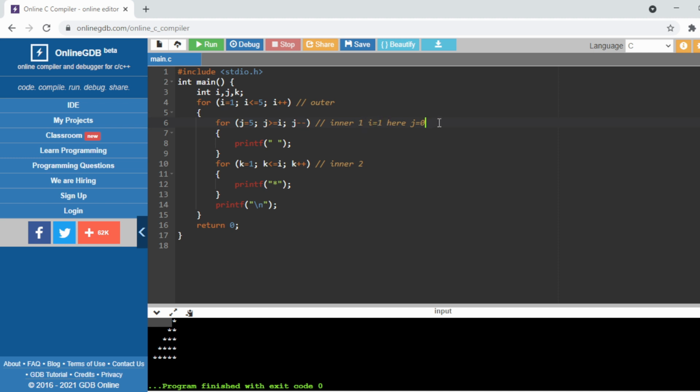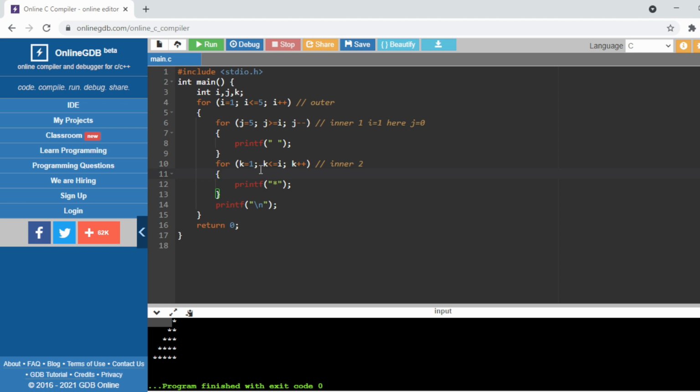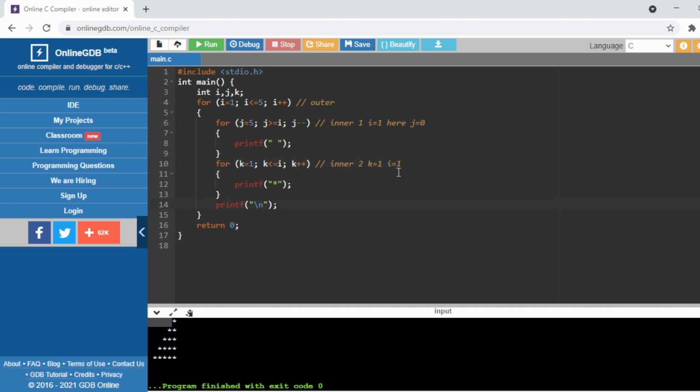So when the value of j is 0, only then it will go to the second inner loop. And here the condition is k equals 1, k less than or equal to i. The same way here the value of k at the first time is 1, but the value of i is 1, right?